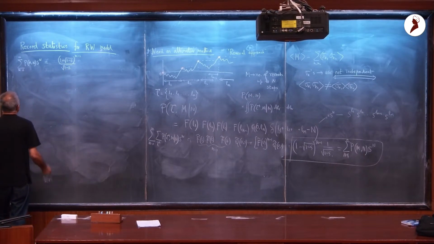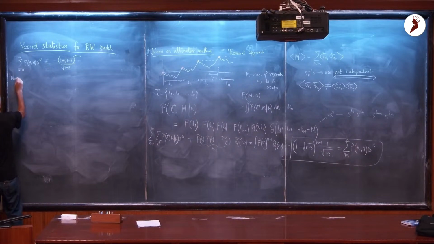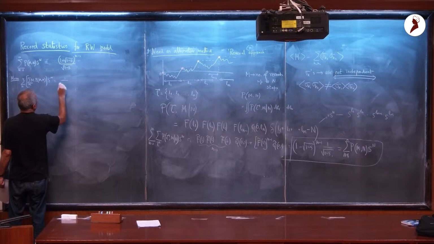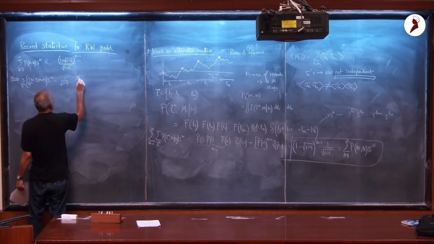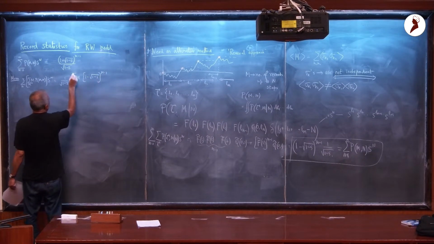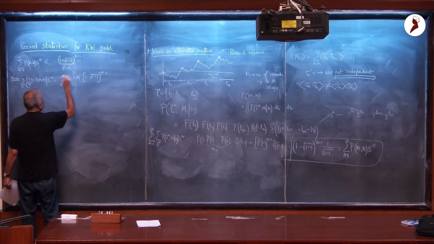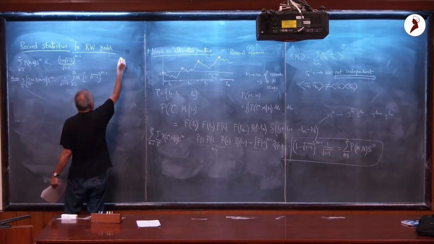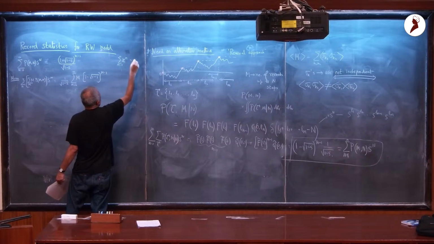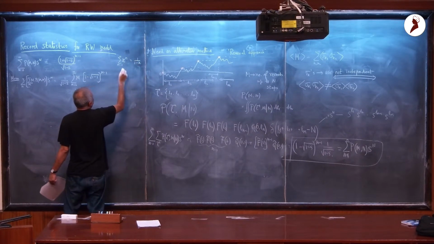Okay, so if I want to calculate the mean, I just have to multiply by m P(m, n) and sum over m. But you know how to do this geometric series. If you have x to the power m, m going from 0 to infinity, this is 1 over 1 minus x. So if I take a derivative,